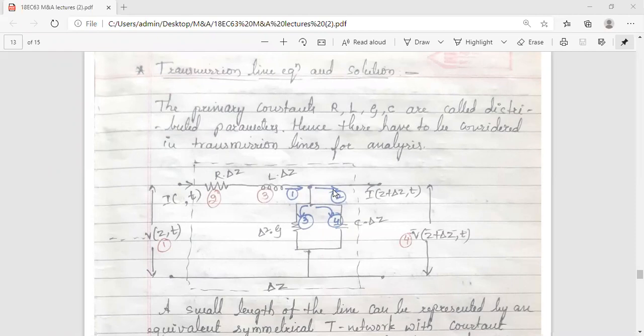We started with that, then we saw what is a transit time effect, and that at high frequencies for transmission lines, it will have a significant effect. Hence, we divided the complete transmission line, which is kilometers long, with length comparable with the wavelength lambda. So we divided this long line into smaller units, per unit length. That's why you can see it on the screen. Delta Z is the length of the line chosen. And this is one symmetrical T network we have considered.